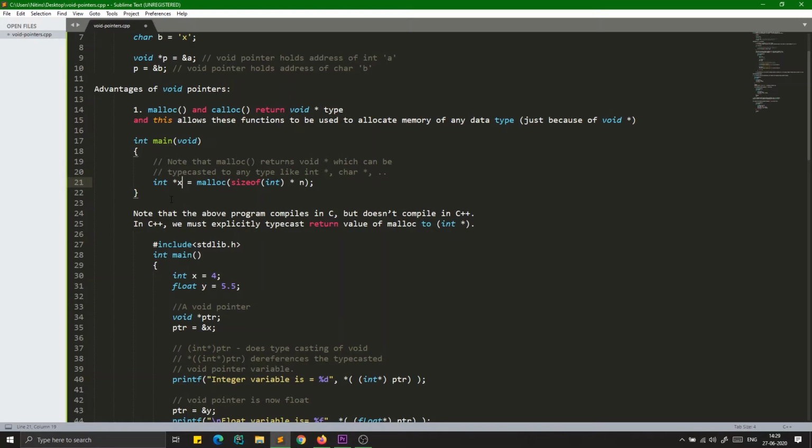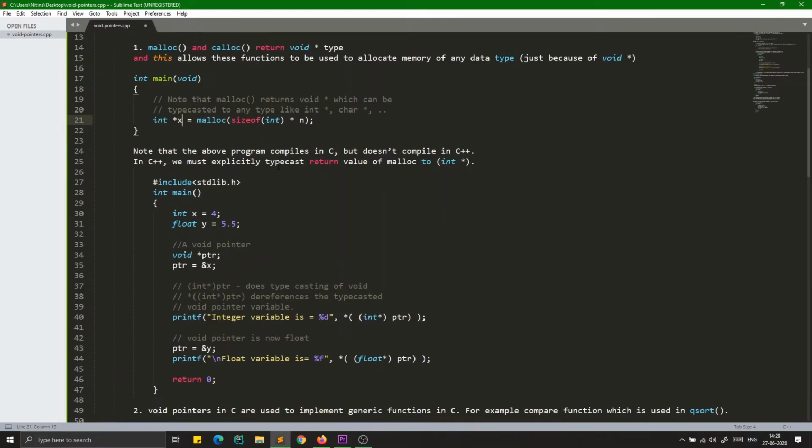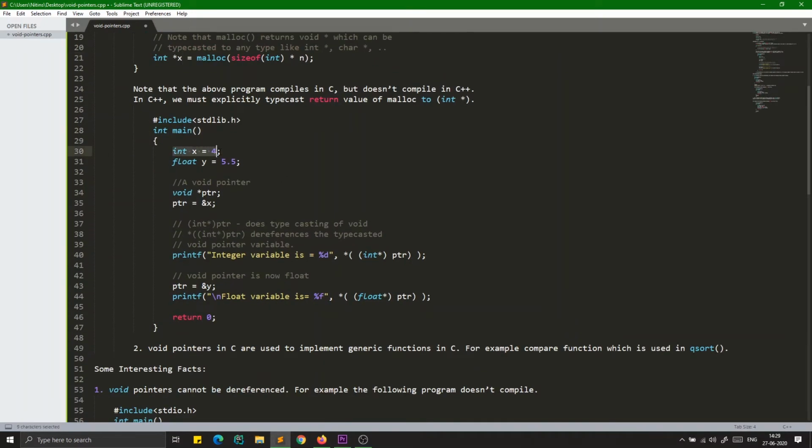Now let's see a void pointer. In this, suppose I have created a variable int x equal to 4 and a float y equal to 5.5, and I have also created a void pointer ptr and assigned it the address of x. So now we are using our void pointer to store the address of an integer variable. All right, so if we want to print